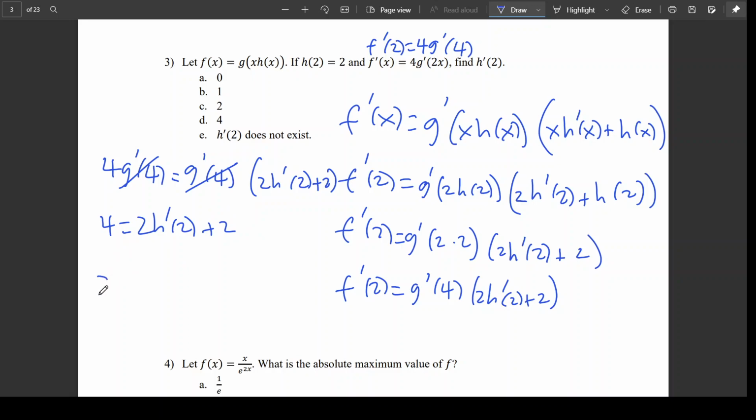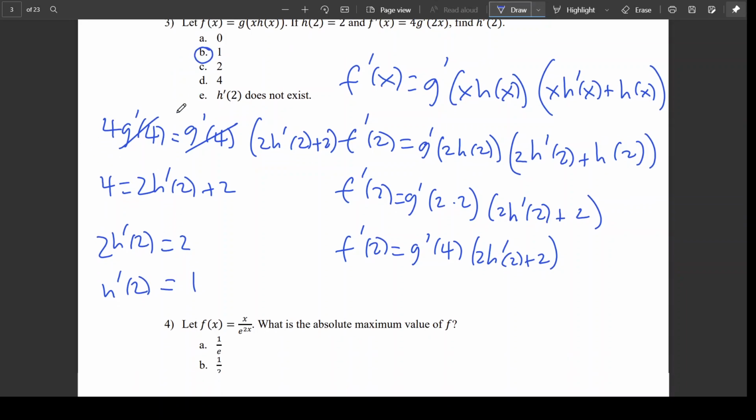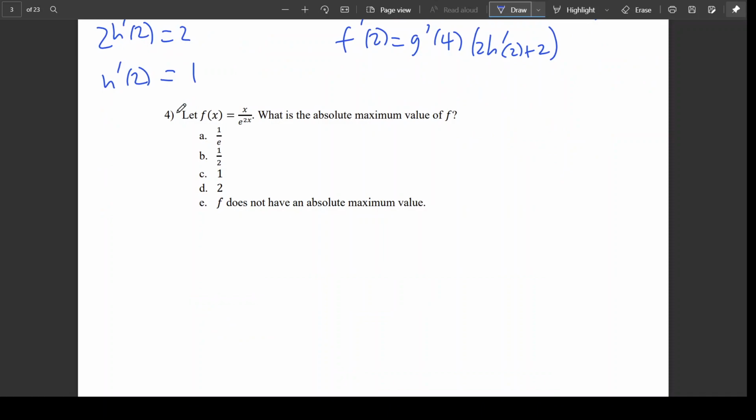Subtract 2 from both sides. 2h prime of 2 equals 2. So h prime of 2 equals 1. And that is option B. Okay? Question number 4. That f of x equals